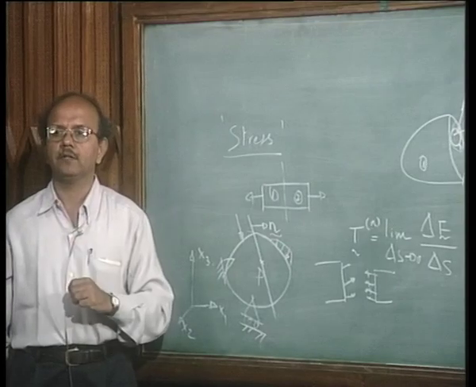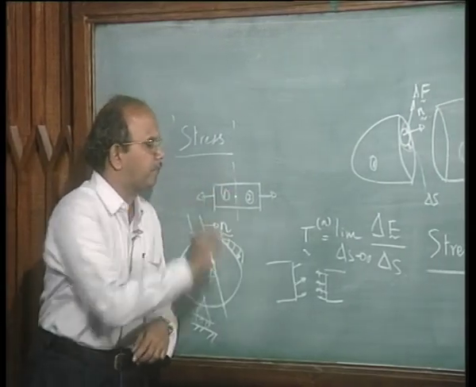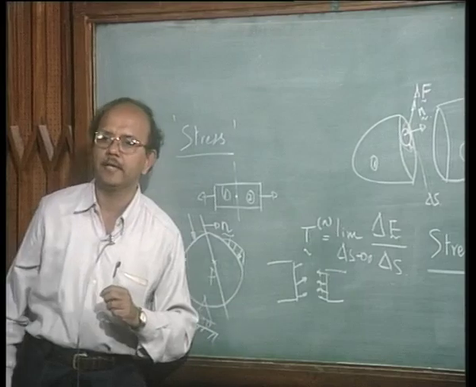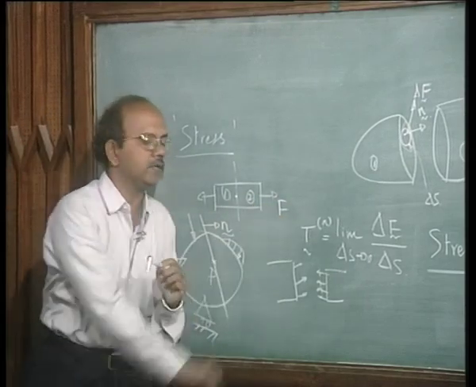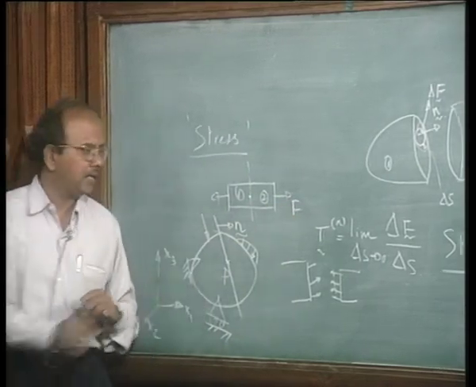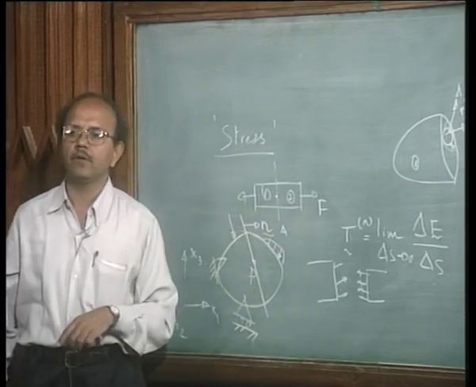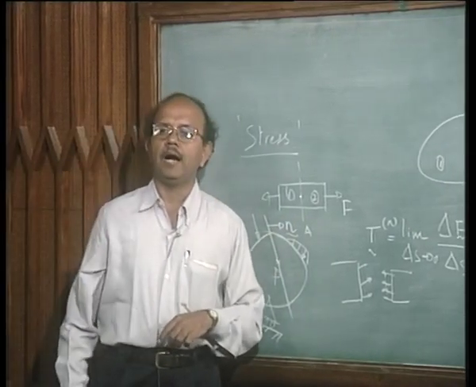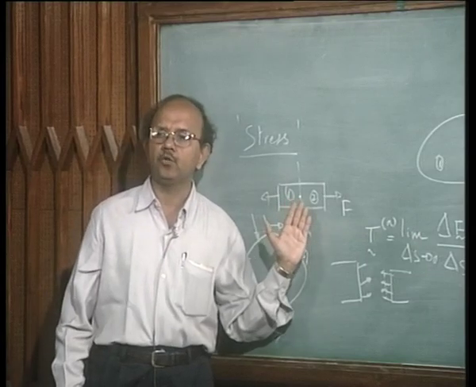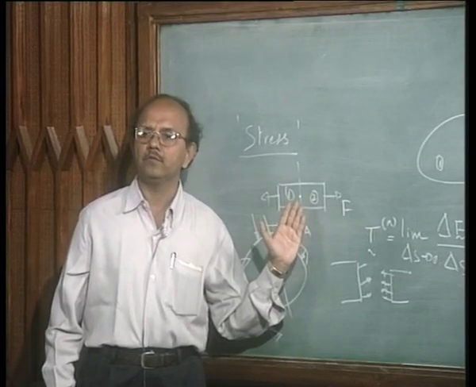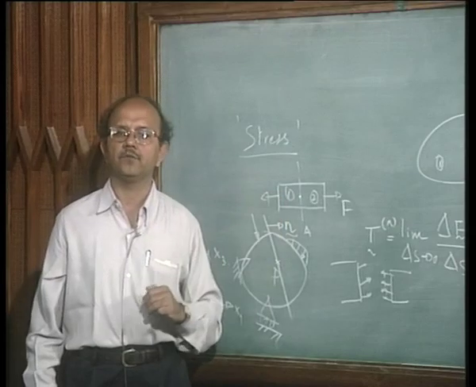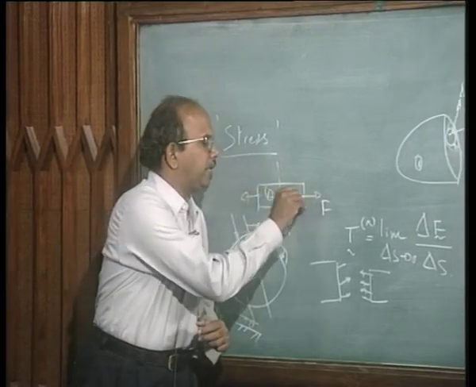Let me take, see, we have defined a stress at this point as say F by A, where F is the force that is acting and A is the area, okay? And we had actually looked at the equilibrium with respect to the outside and the internal forces. Suppose I had taken a plane like this,